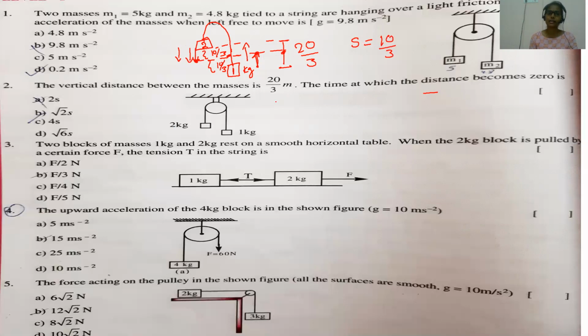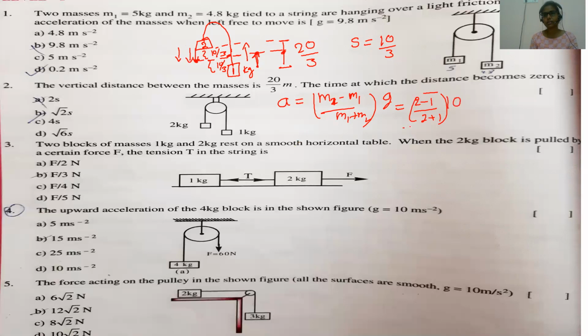Let us find acceleration using the pulley. What is the acceleration formula, children? M2 minus M1 or M1 minus M2, whichever you can take. Difference of the masses by sum of the masses, M1 plus M2. So the difference of the masses, children, here 2 minus 1, right? 2 minus 1 by 2 plus 1, into g. They told you can take g as 10, no issues, for easy calculation.